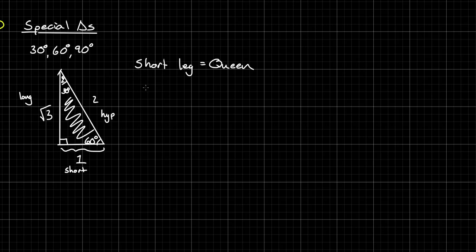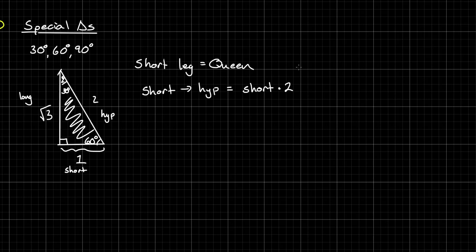Okay, to go from short leg to the hypotenuse, what do we do? We just take the length here and multiply it by what? Short leg times 2. Cool. Now, this one's going to feel less natural, but how about to go from short leg to